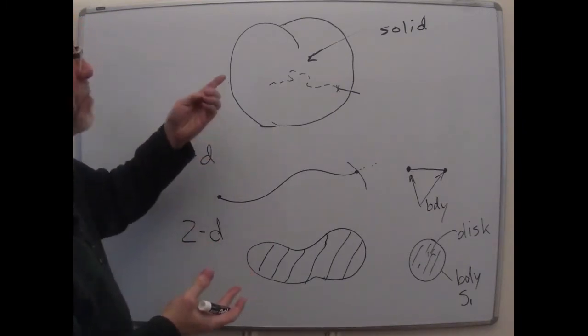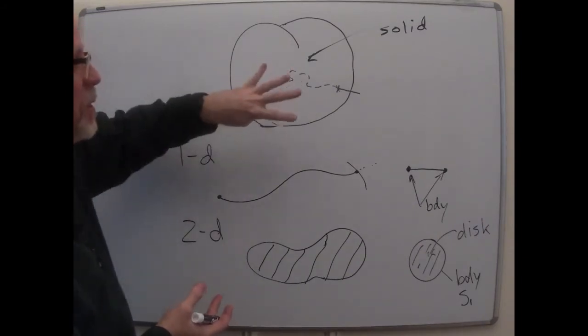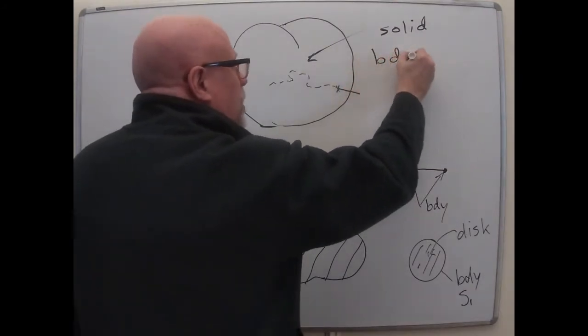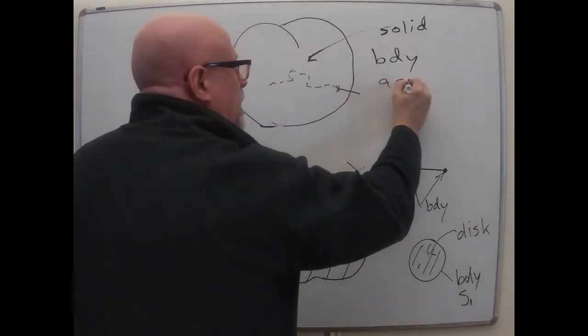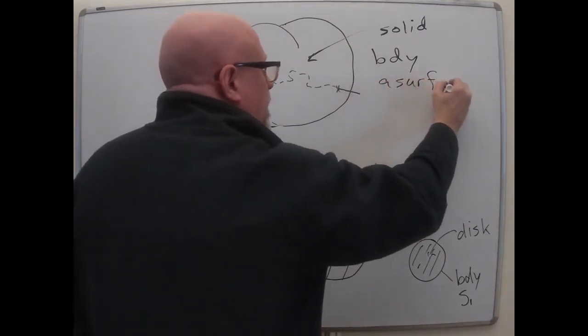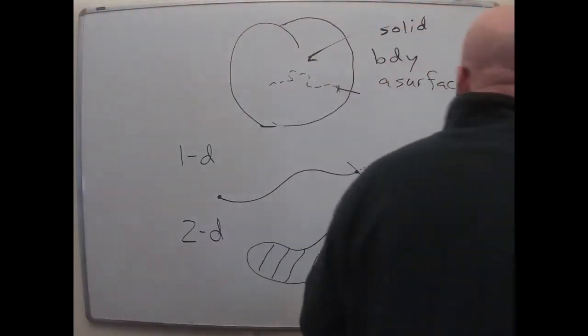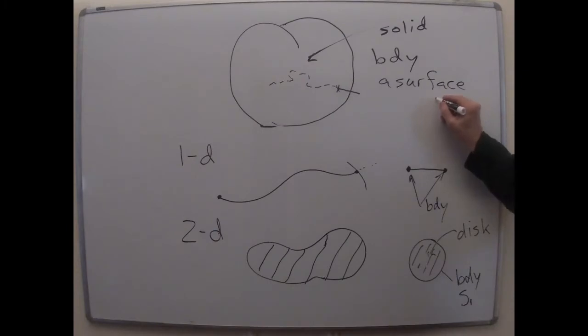But anyway, what is the boundary of our solid region? It's a surface. So here the boundary, it's a little bit hard to point to, but the boundary is a surface. And if I was making a cleaner example that didn't look like a giant peach, but sort of followed this progression, well, the physical body is a ball.